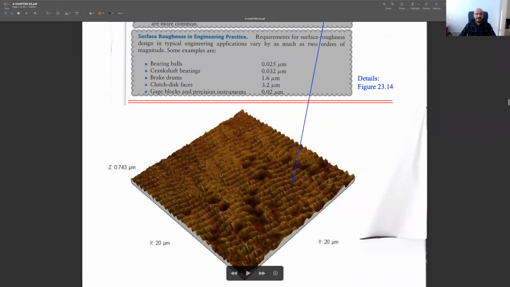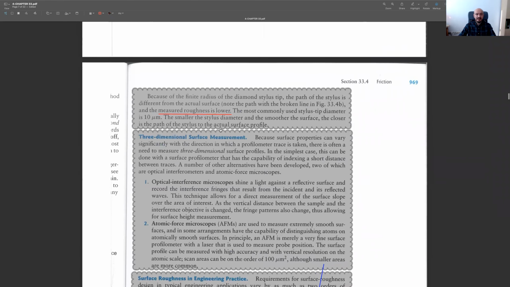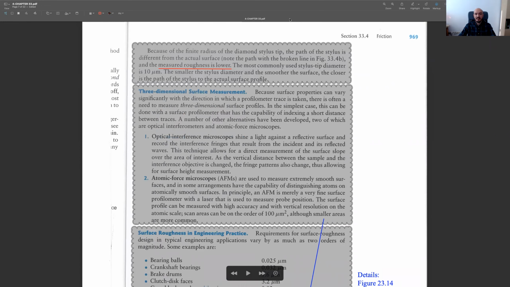And this is all for this chapter. And as I mentioned, I will be recording another video for typical measurements of